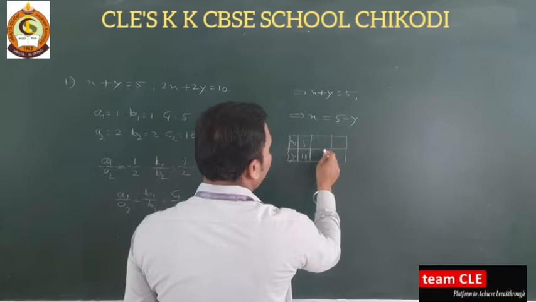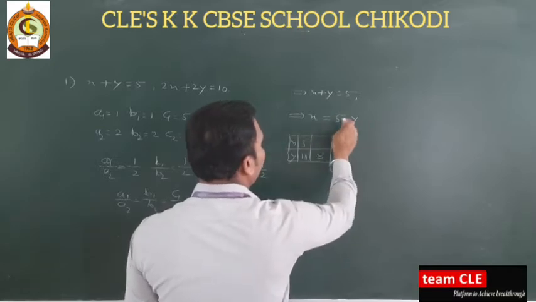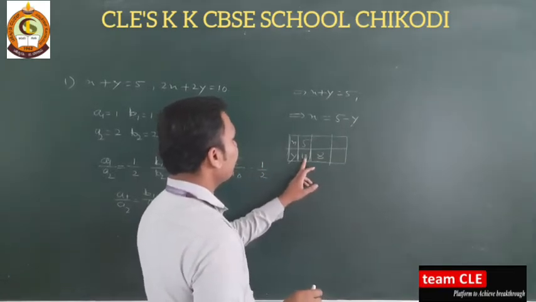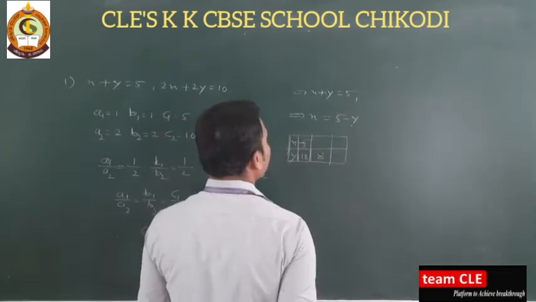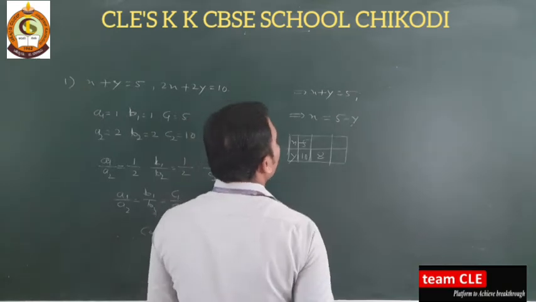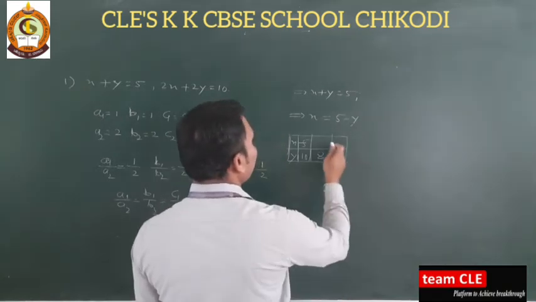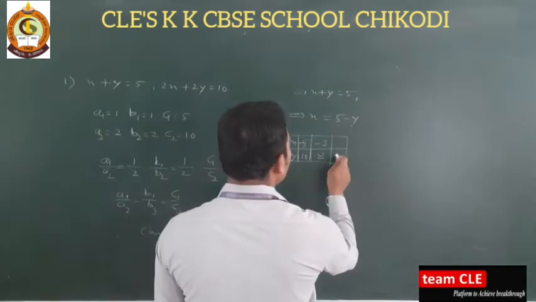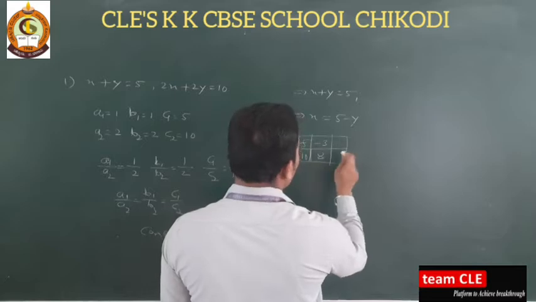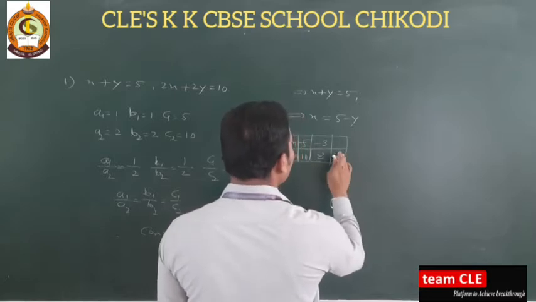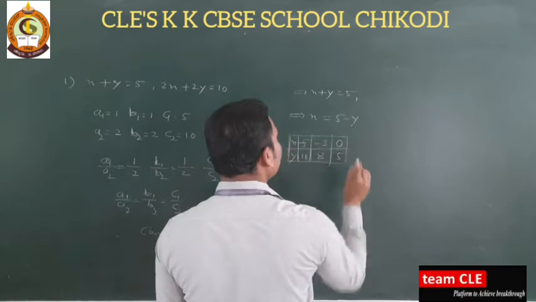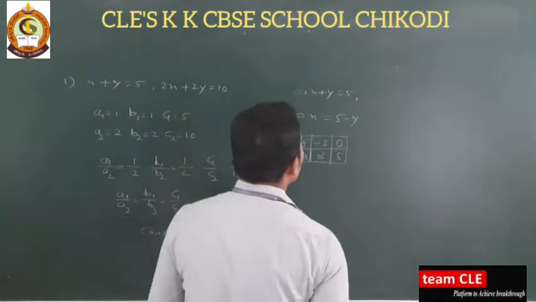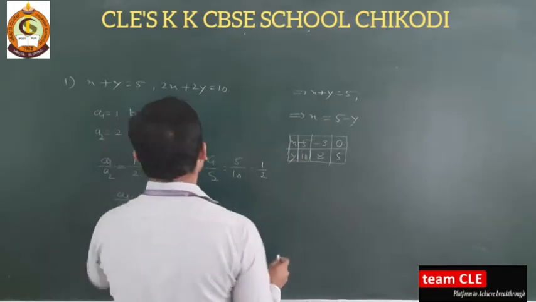Substitute something again, you can take 8. So when you substitute y as 10, you will get x as minus 5. Now substitute 8 here. Once you substitute 8, x you will get is minus 3. Okay. Now next substitute y is equal to 5. You will get 0, so 5 minus 5 is 0. These are the values of x and y for this equation.